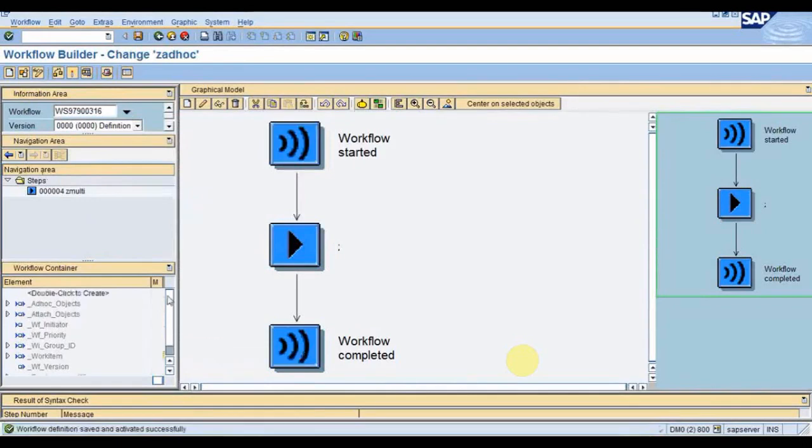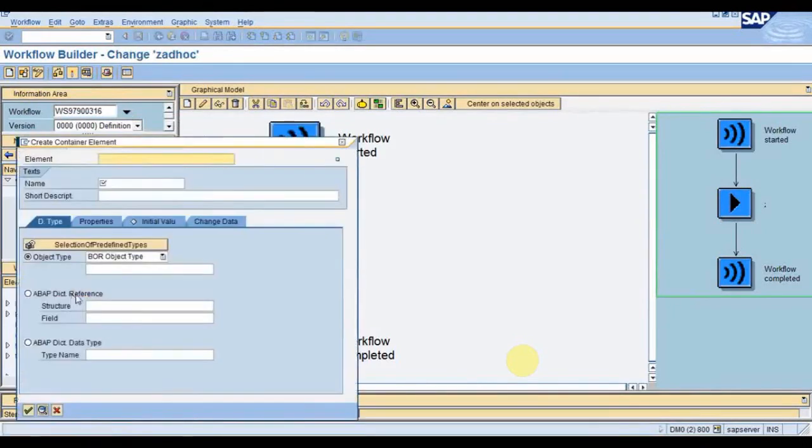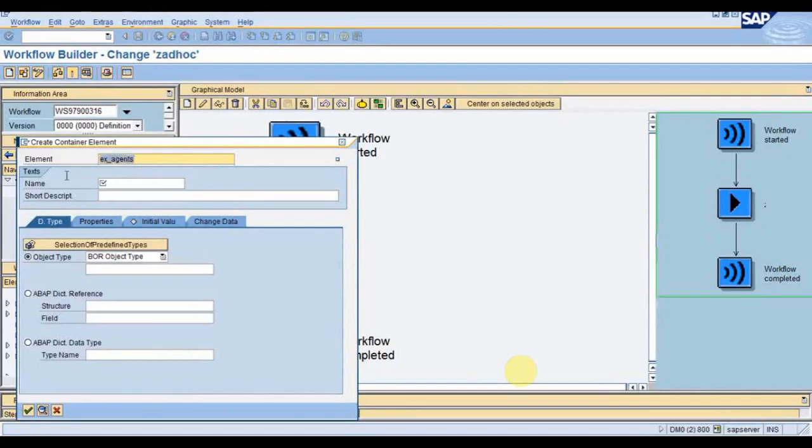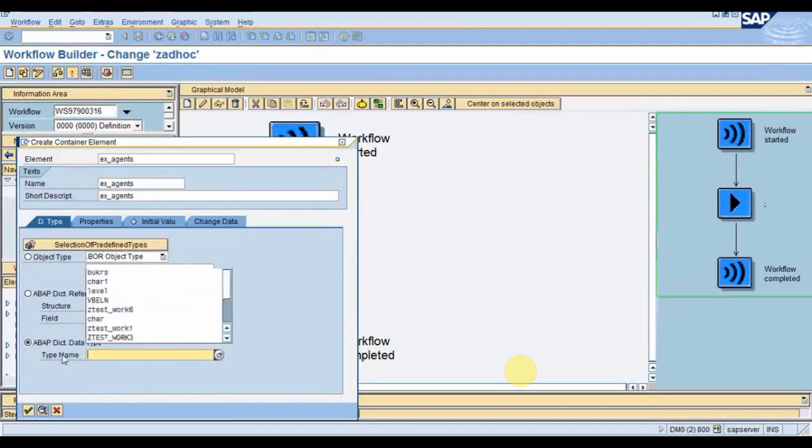So here first I will be creating one container element, suppose X agents. Or we can have this SWP agent as well.